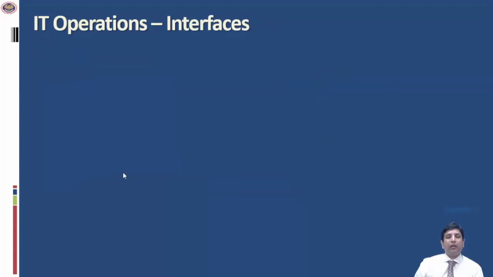Now let us understand a little more about interfaces. Basically, interfaces are data flows between two IT systems or two IT applications. It could be two or more than two. And in case there is only a single ERP or a single application, it is likely that there are no interfaces in that company. So, assuming there is more than one application and there is a data flow between those applications, we can expect to see certain data being pushed into one application from another application.